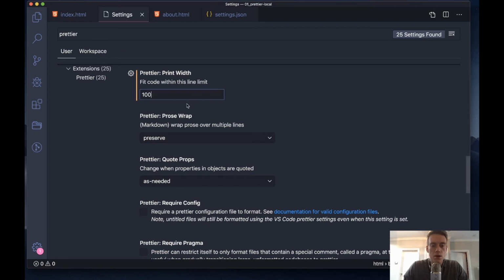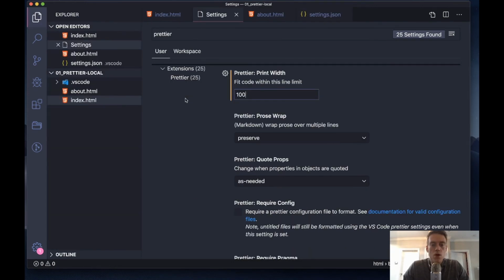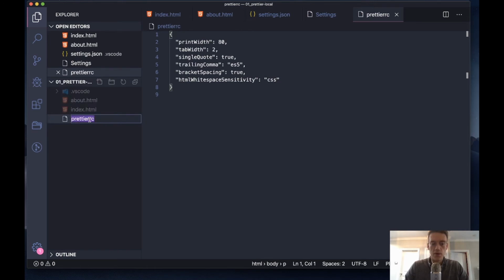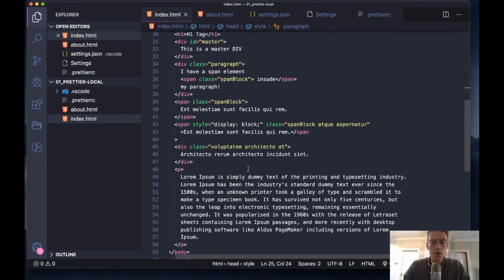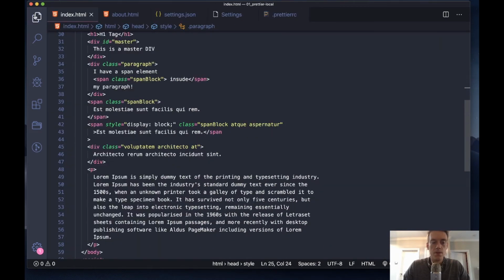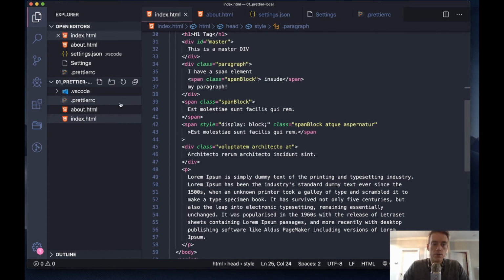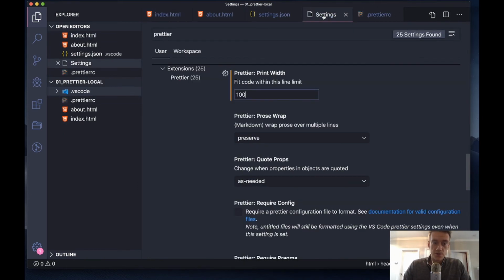Okay, so that pretty much sums up the local file. And so if I put this file back, now these settings will override. Okay, so that just went back. Just for clarification, this is your local Prettier file in VS Code. Now you can add a local VS Code settings file, which is what I've done, and instead of using the settings built in with